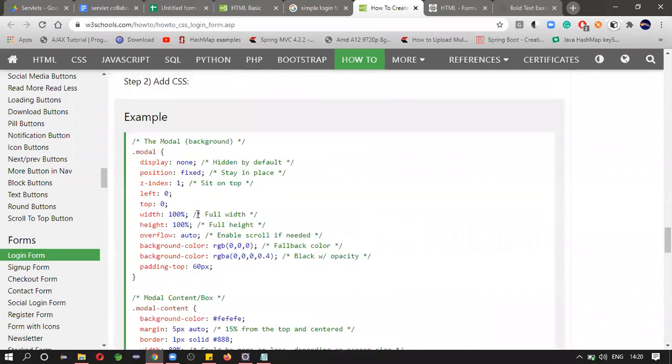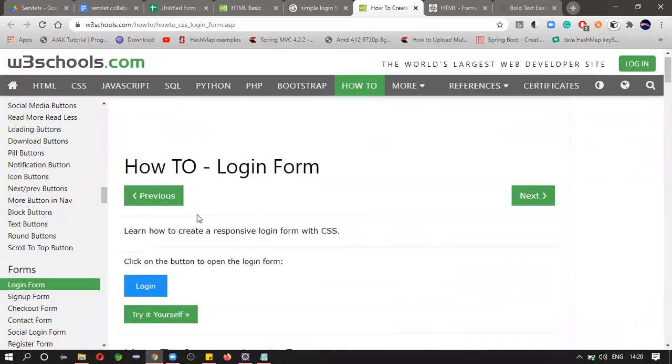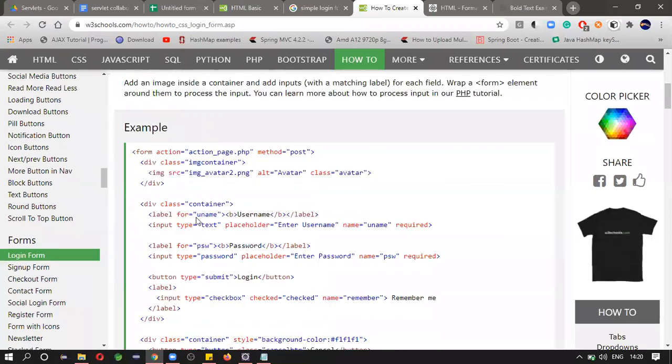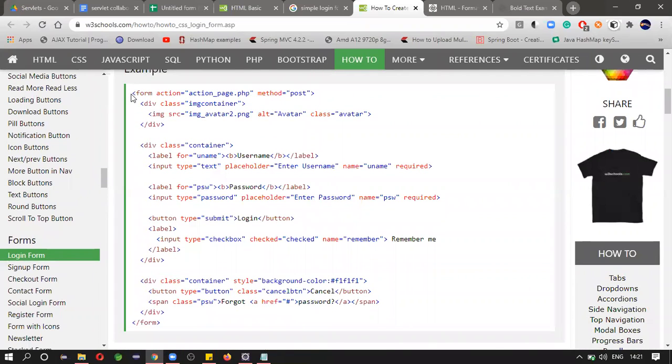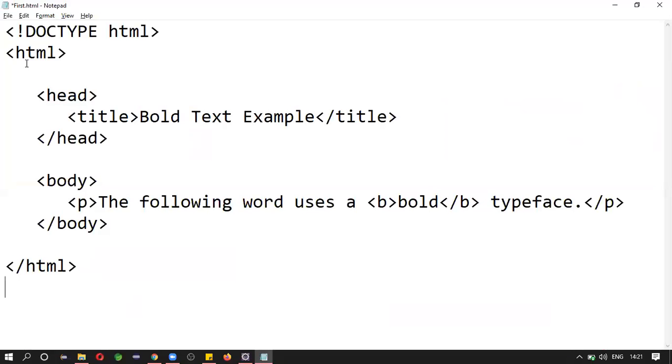Don't worry about all these things, just copy this. Okay, let us write on our own. I'm removing this.